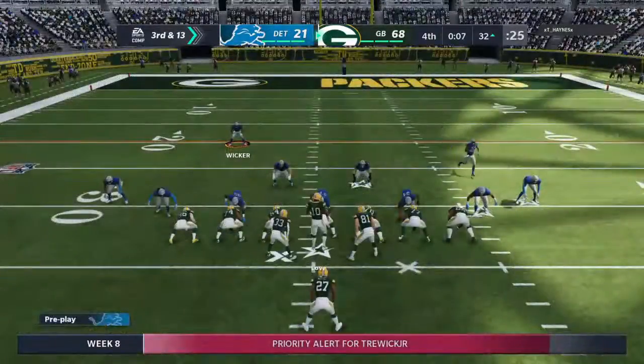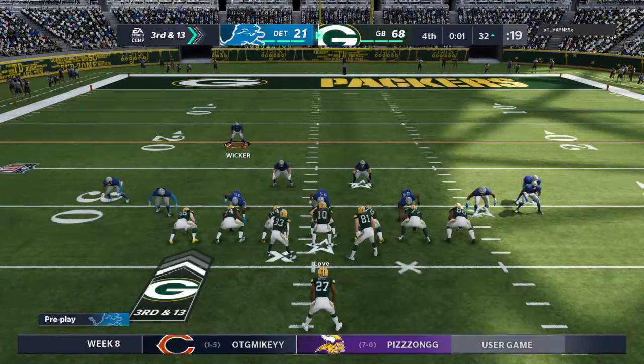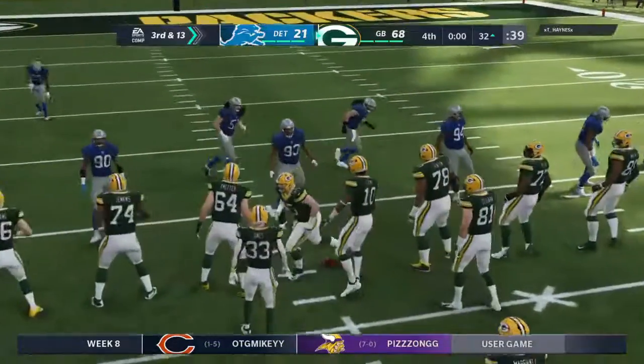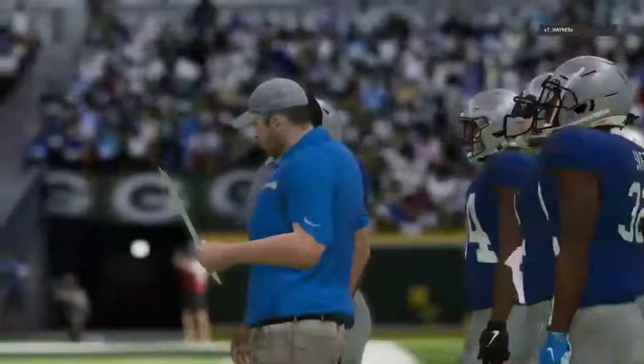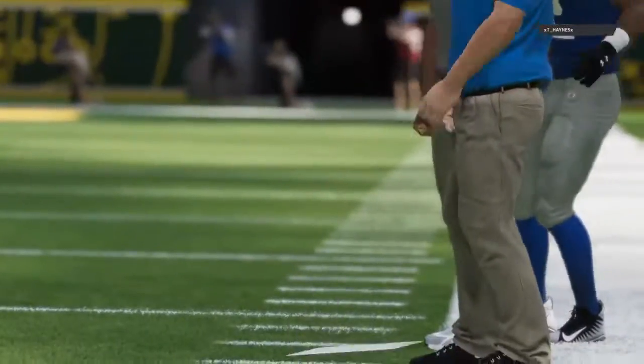Here we go. Mike 50, 51. Green. You got nothing today. Well, Charles, it's one thing to win. It's another thing to win and put up the amount of points that